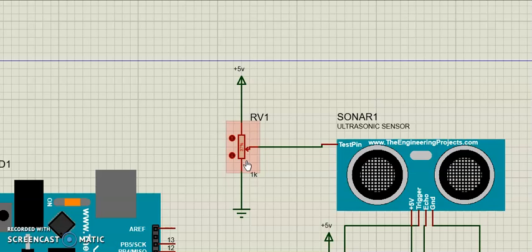In the demo session, that is in our hardware part, but in a simulation session we need to develop some equivalent circuit. So here the equivalent circuit to vary the distance is the test pin. The test pin input is provided with this sensor, and here the variable resistor is attached to this. So if we vary this resistance, it indicates that the object is coming closer or going away from the sensor.